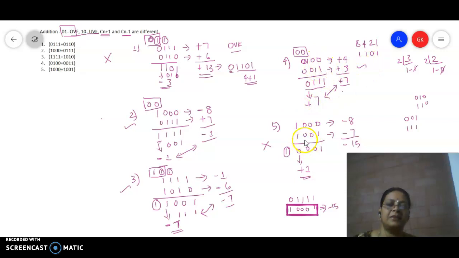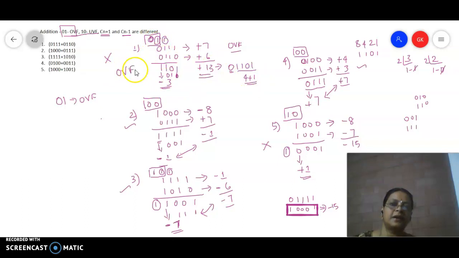Now if you examine the last case, what is the input carry? 0 plus 0 is 0, so there is no carry to this position, and here you get a carry. So this is going to be 1 0. If the input carry and the output carry are different, it may end up in overflow or underflow. When is it overflow and when is it underflow, that we have to differentiate. For that purpose, if the carry pattern is 0 1, it is an example for overflow. So here we have got the carry pattern as 0 1, so it is an example for overflow.